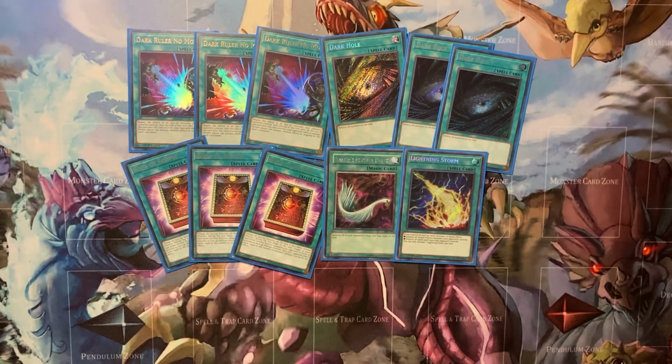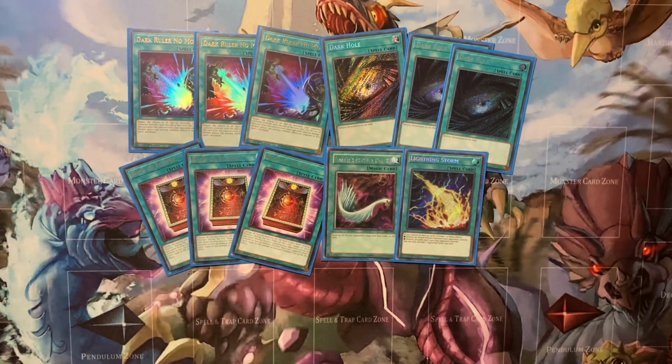Book of Eclipse, I wanted something that is good against Kashtira, obviously, since that's the best deck. It's the biggest problem for this deck. And it has a lot of range versus other decks as well. And I wanted a card that has some utility going first as well. So this is it. This could also be Book of Moon if you want something that's a little lower impact, but if you